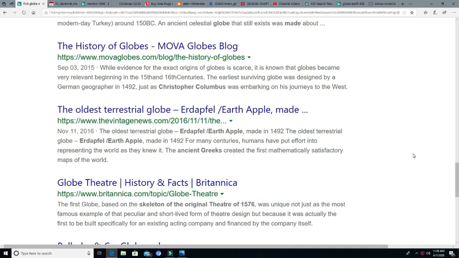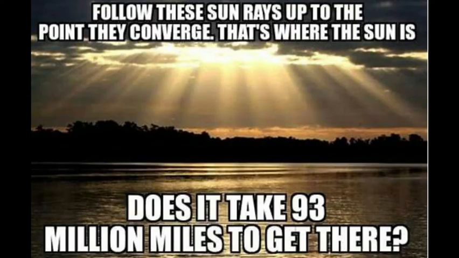So check it out. What's this deal with the Earth apple in 1492? So that's what this globe is. It's a white man thing. He came up with 1492, the Earth apple, and this apple thing, and these 666s. So this Freemason guy, Martin Behaim, is part of the whole scheme. So, yeah, the usual. So this is the end, my friend, and a lot of questions have been answered,